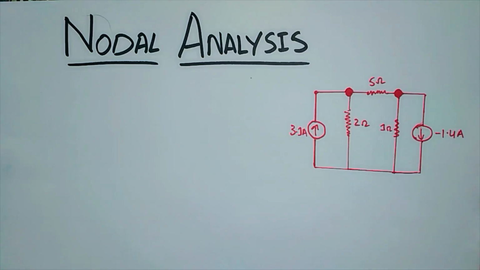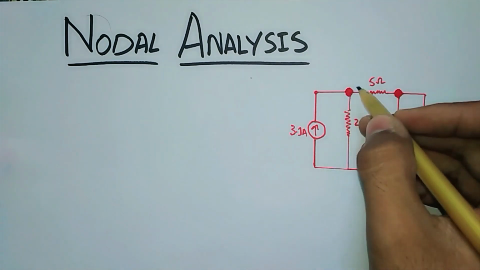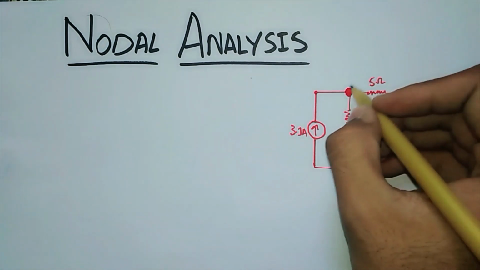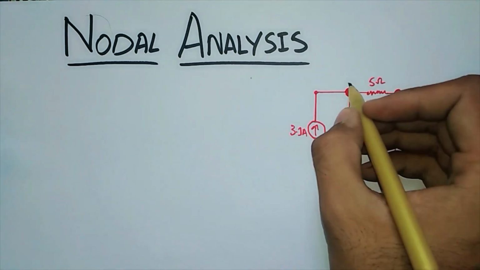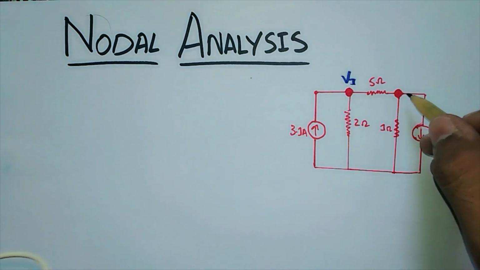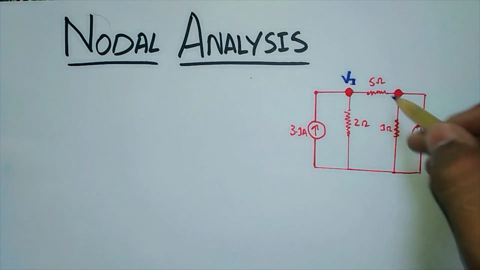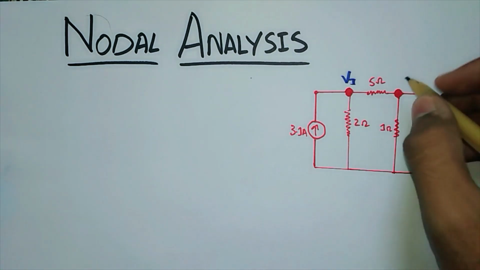Identify the number of nodes in this. As we can see, there are only two nodes in this circuit. Number one is this node, as two components are attached to it, so we will name it V1. The other node is this one at the resistance, and three components are attached, so we will give it the name